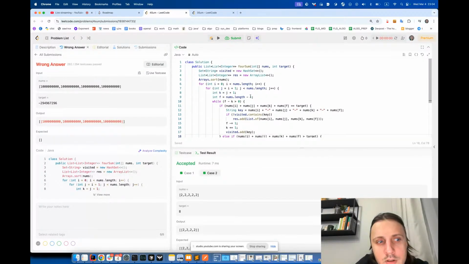We have integers. Yeah, so the problem here is we need actually long and not integer,